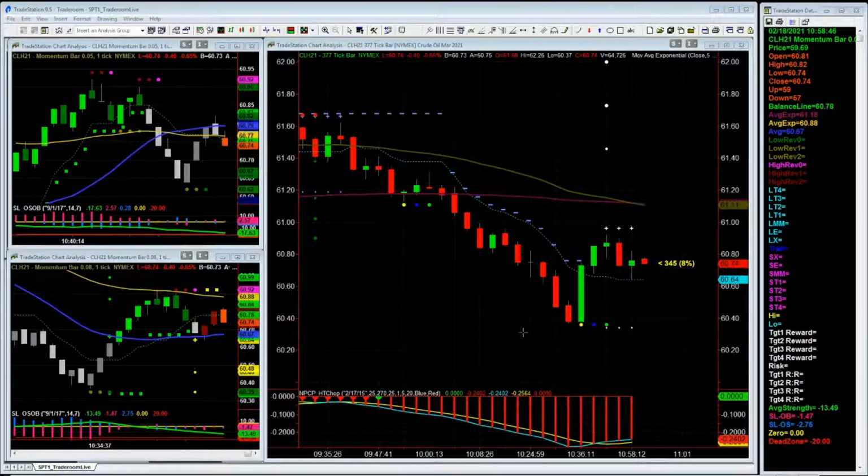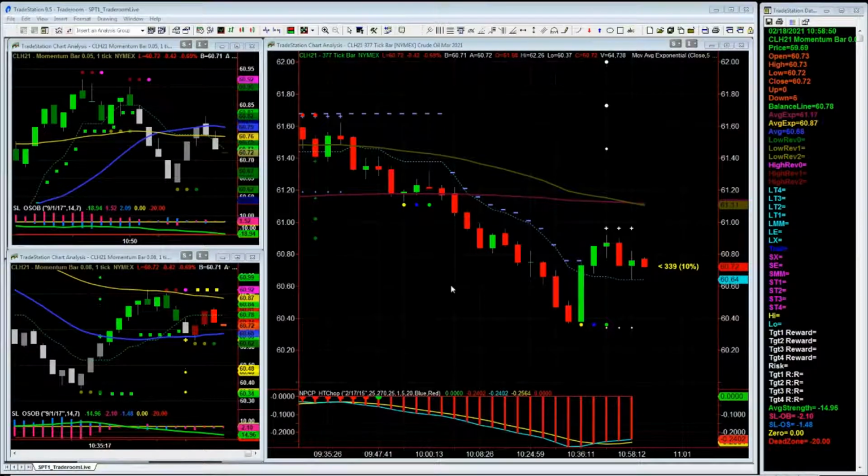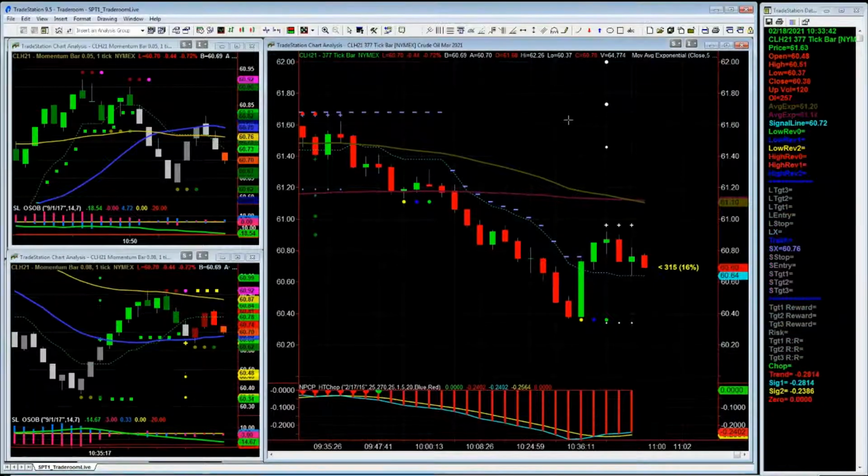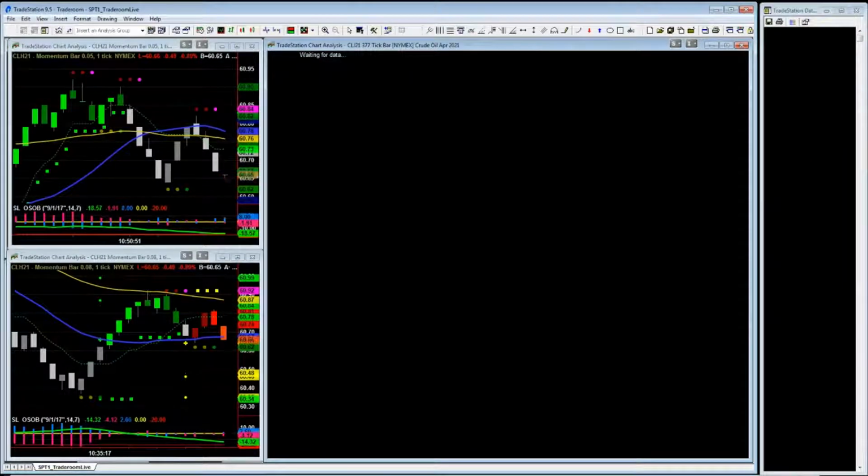So, as usual, I've got 3 charts showing. The big one is the Counterpunch Express 2 or Counterpunch Trader. They both work the same. That's the one I'll be trading. It's a 377 tick chart, although I do need to quickly change it. Let's notice something. We rolled over to the April contract. Make sure you're in the April contract,